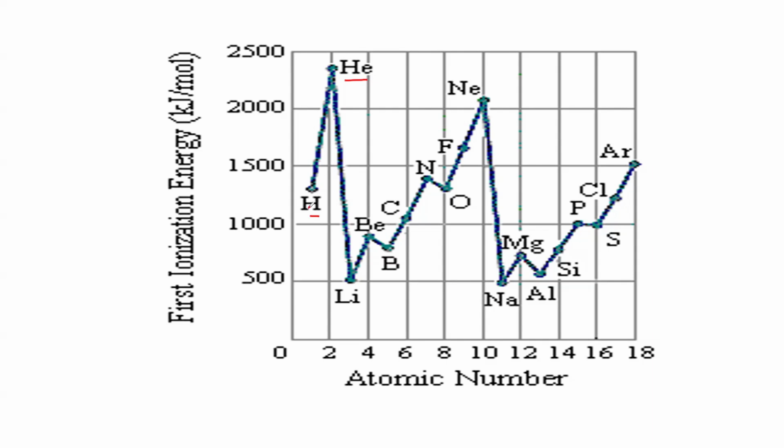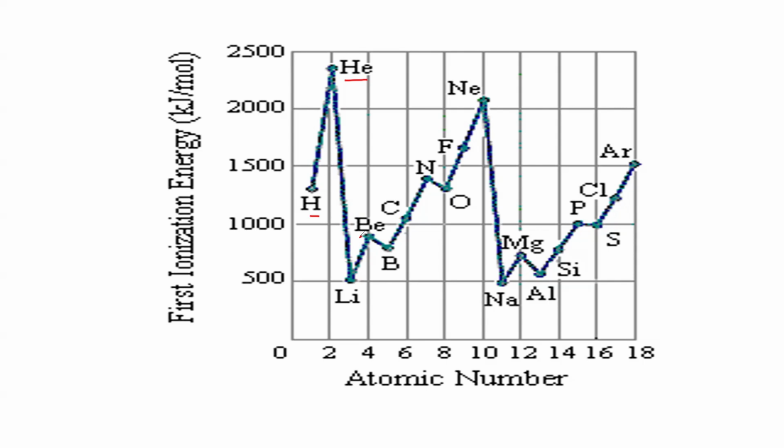So you see, generally we say that ionization energy increases across the period. But now the question is, why is it that the ionization energy of boron is lower than beryllium? That is the question now. Because if you say it increases across the period, then why is that the ionization energy